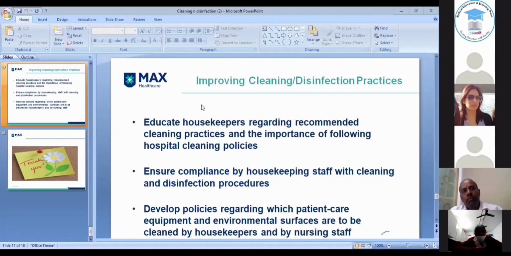Is surface swabbing and cultures still recommended? No, surface swabbing and cultures are not recommended, Dr. Gomti. It is only recommended in case of outbreak, or in case of MRSA. I'll share my experience in my hospital. If an MRSA case has come, then we will take cultures from all our nursing staff who have been taking care of that patient. Then we will do tracking, and if any nursing staff is positive with MRSA, we'll take that nursing staff out of that area. She will go to some other non-patient area till she's treated.